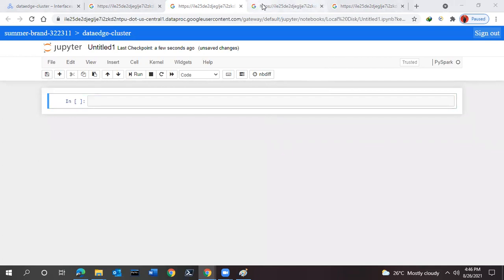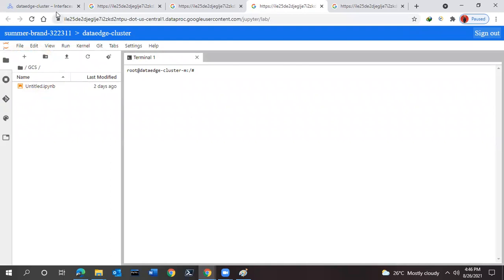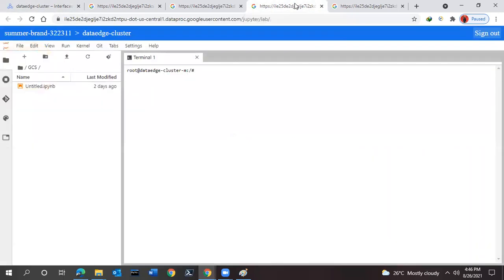We'll quickly jump to the Jupyter Lab section over here, which we launched from the Dataproc web interface. This is the tab where Jupyter Lab is running, and it's nothing but simply a terminal-based window for our master node. You can see it is running with the root user on our master node cluster over here. So it's like a terminal window.